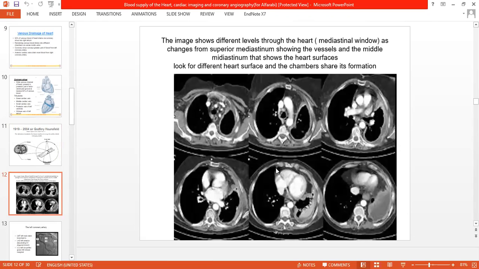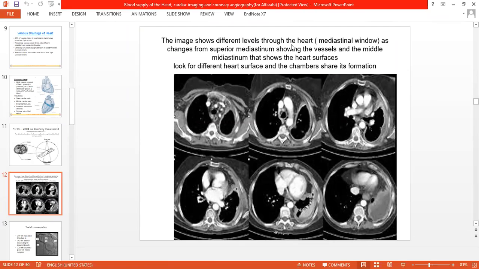So these are the pictures from the CT scan. The image shows different levels through the heart. These are the sections at different levels of the heart. So here is the heart. You can see, along with that, the vessels. Okay, all the things. But it is difficult to analyze unless you are trained to study these CT scans. There is a special course where you can study these X-rays and practice. Only when you practice can you understand the concept of these CT scans.